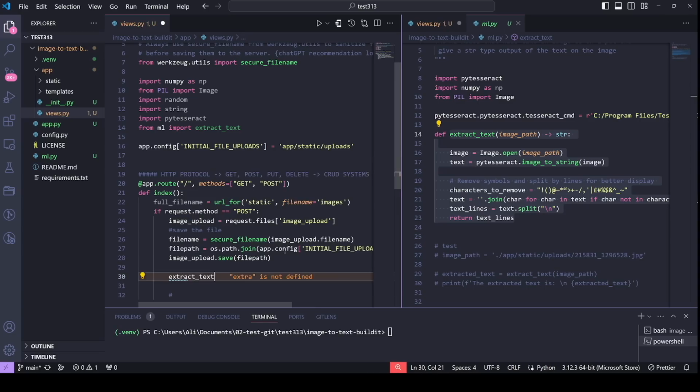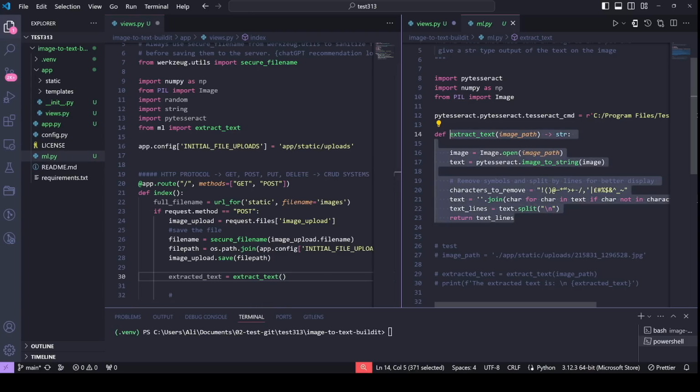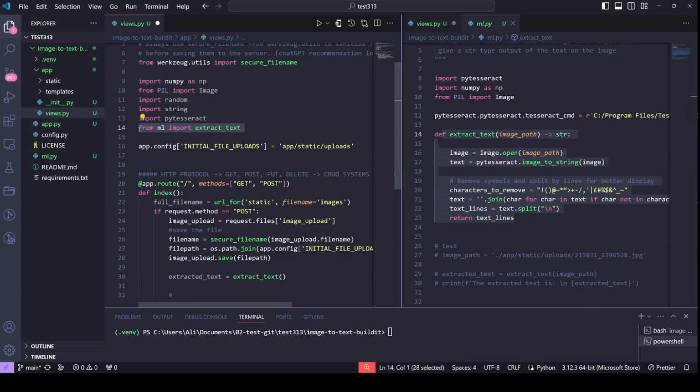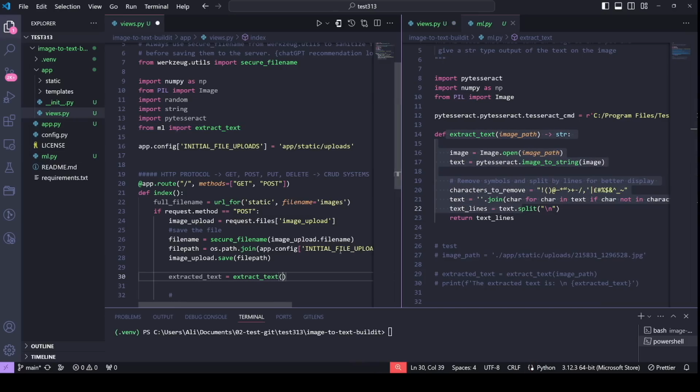So we will say that the extracted text is the function. So we are calling this function right now. If you remember earlier, we wrote this line here, and this line invokes the usage of this particular function from our ml.py file. So we'll pass the file path for the image, and we want to have the image URL